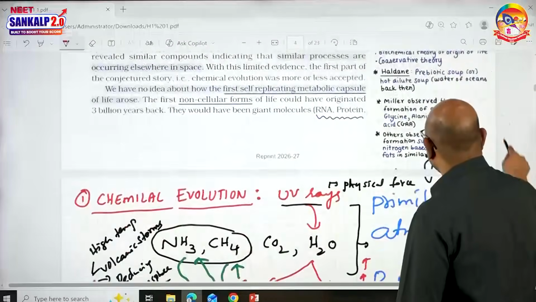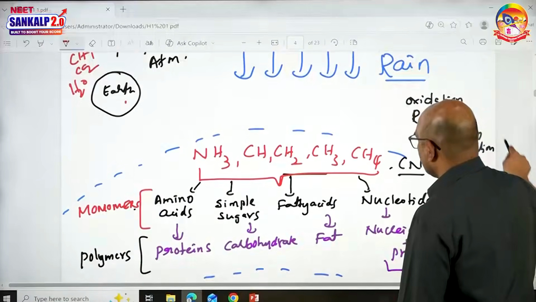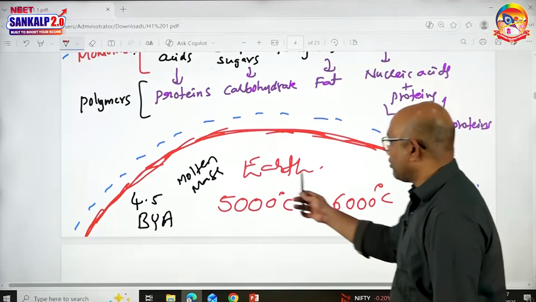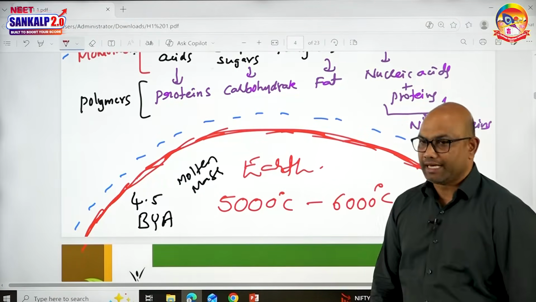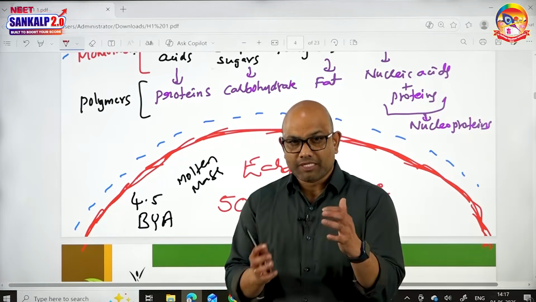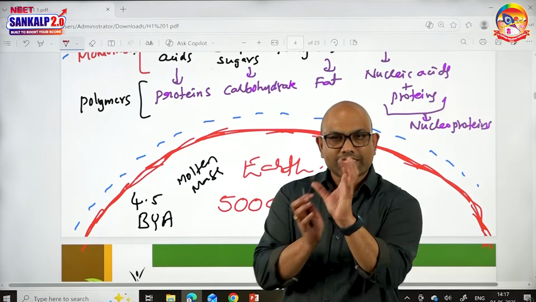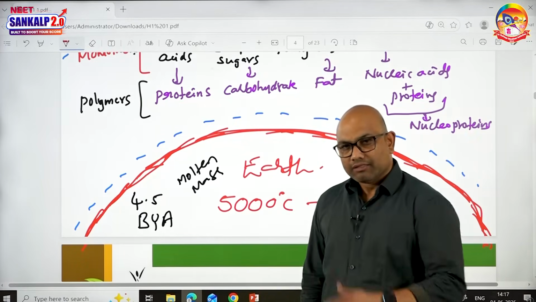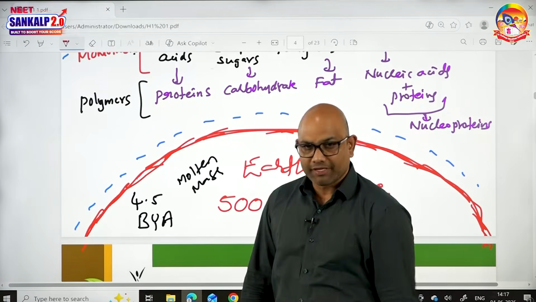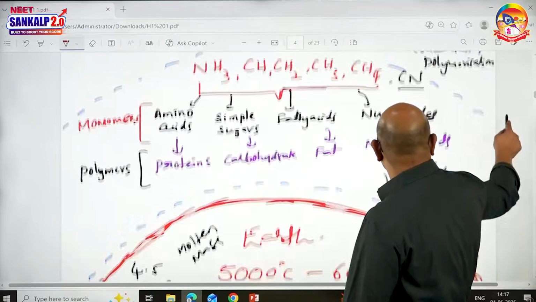When the earth was formed around 4.5 billion years ago, the temperature on the earth was around 5000 to 6000 degrees centigrade. The earth was in the form of a molten mass. That means a very hot ball with molten rocks and metals. This molten mass cooled down, and it took millions of years to cool down, but this molten mass released some